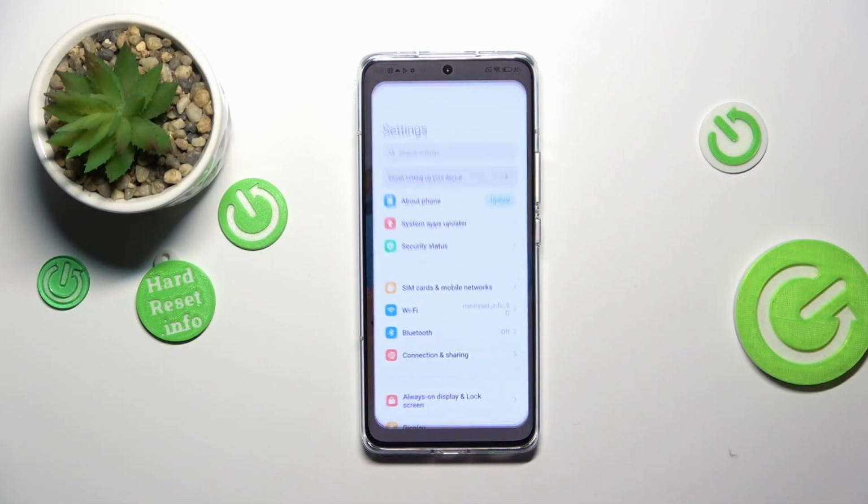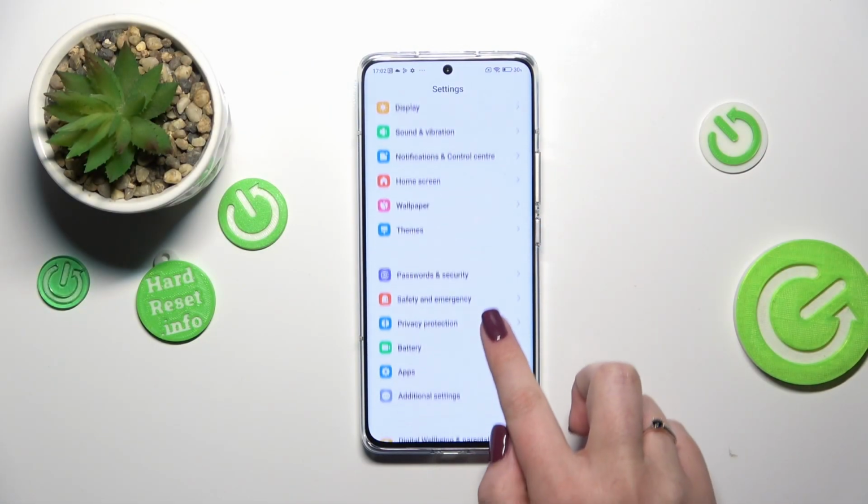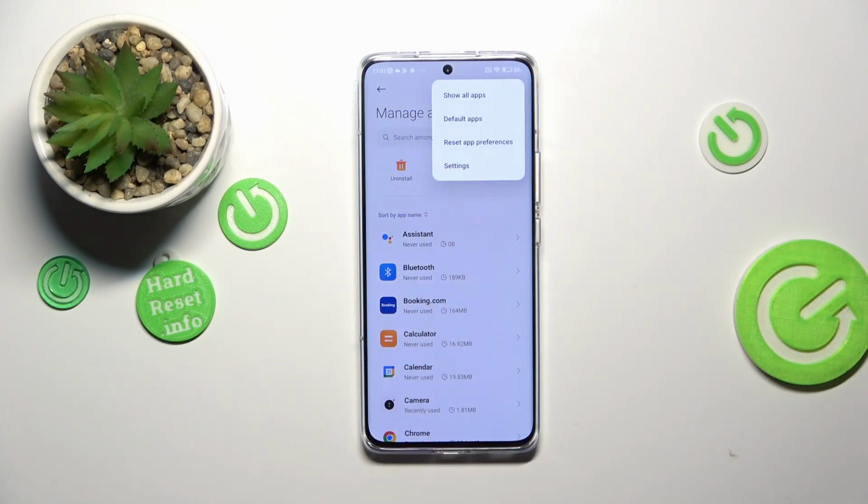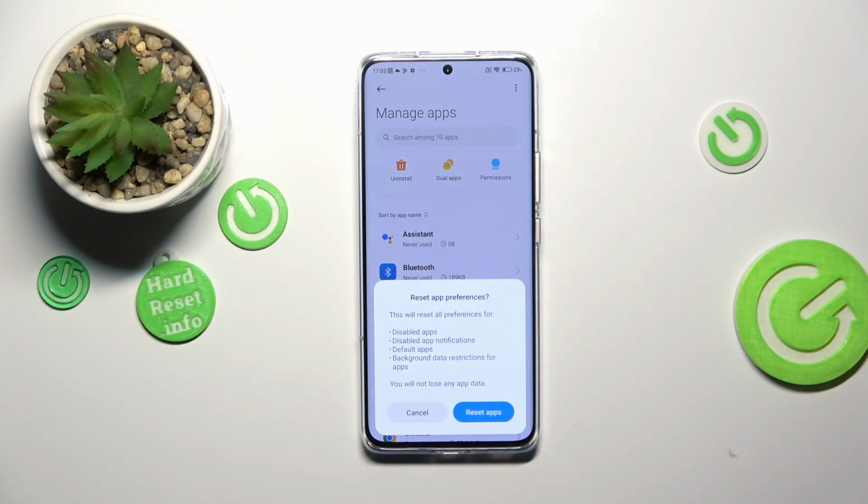So first of all, let's enter the settings and then let's scroll down to find the apps. Let's tap on it. Now let's tap on Manage Apps and pick the three dots icon in the right upper corner. Now let's tap on Reset App Preferences, and as you can see, your device will simply inform you that